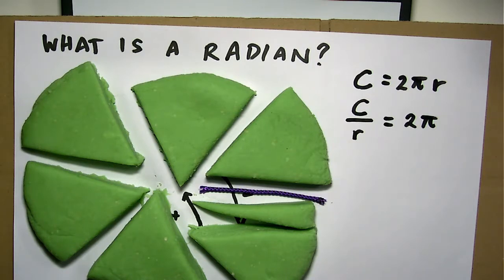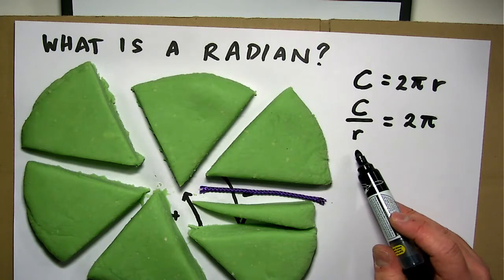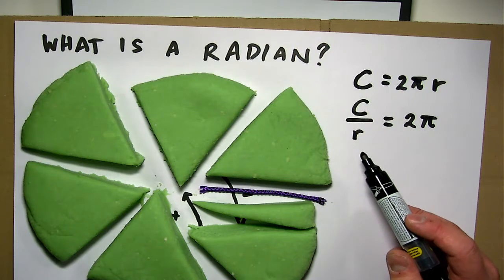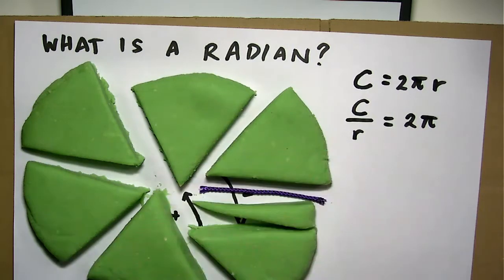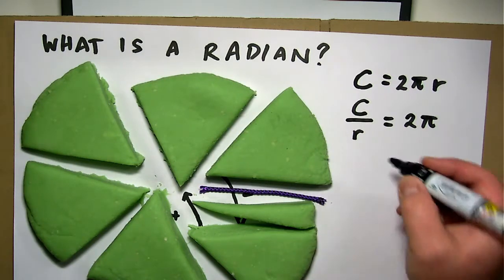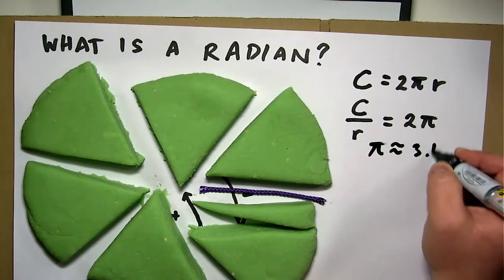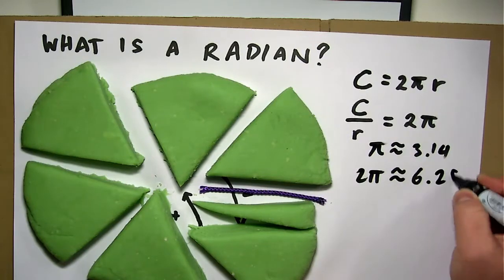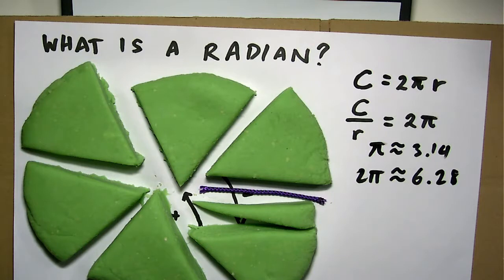But let's look at this formula. On this side, we've got the circumference divided by the radius, or in other words, how many times does the radius go into the circumference? And this is exactly what we were just working out with this piece of string. And on this side, we see that the answer is 2 pi. Well, we know that pi is approximately 3.14, so 2 pi is approximately 6.28, which is pretty close to 6 1/3. And so this all matches up very nicely. And now we have a precise answer to our question, which is that there are exactly 2 pi radians in